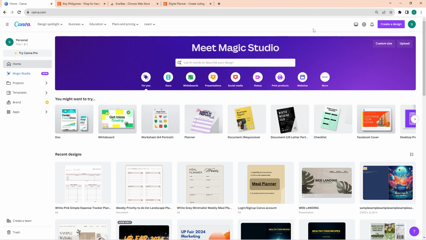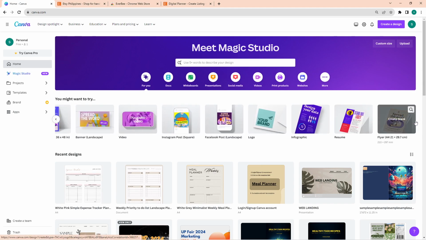So all you have to do is sign up for Canva. You can use one of your accounts, either Facebook, Google, Gmail, Apple account, or any other account to create a Canva account. Once you are logged in, you will be here on this dashboard. And the first thing to do is to choose a size or a resolution for your product, or you can